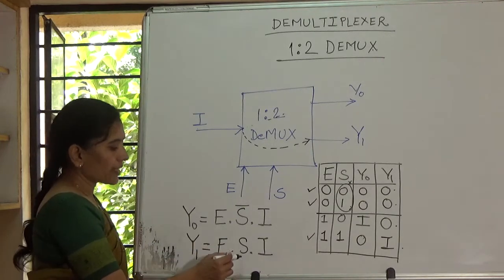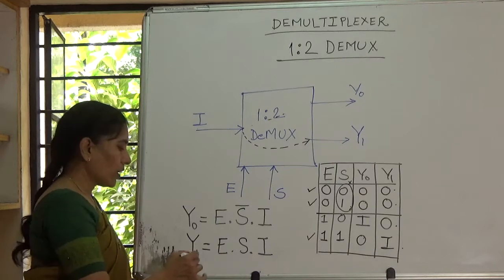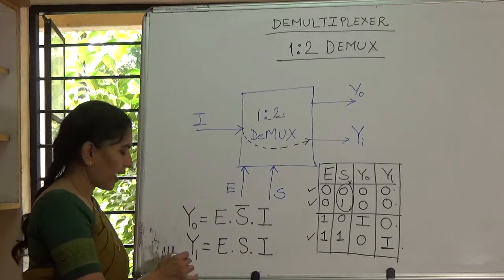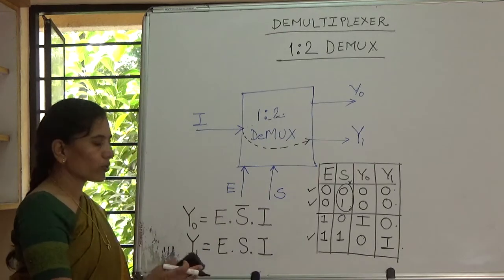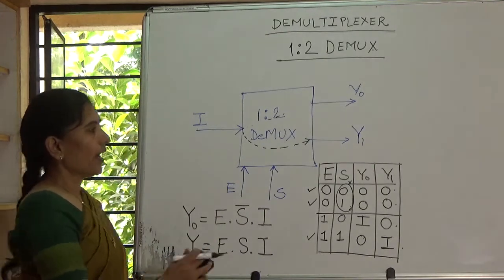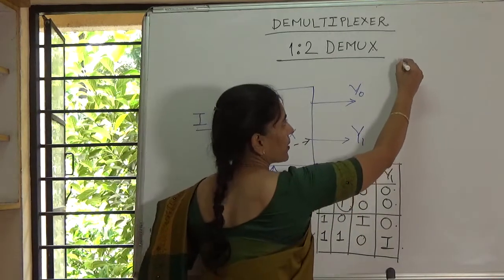If E is 1, S is 1, but the input is 0, that would be transferred to Y1 and Y1 will become a 0. This can be simply implemented using 3 input AND gates,